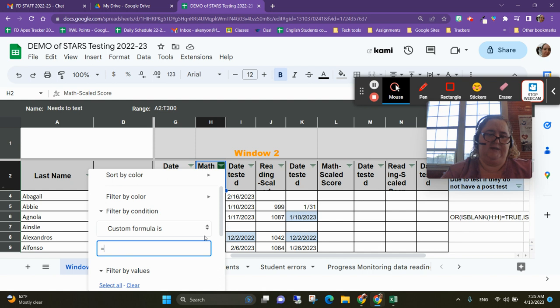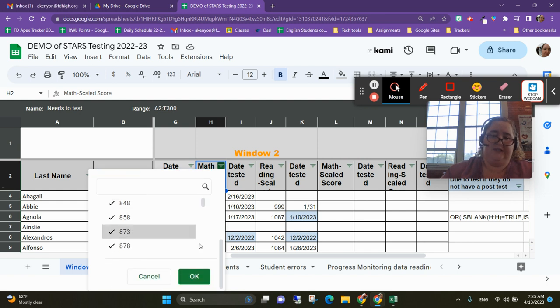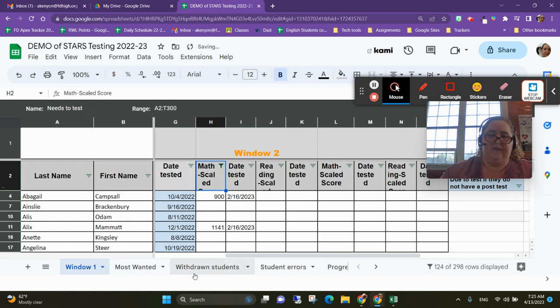And then I'm going to put the equal sign, and I'm going to put in this formula that I already figured out. I'm not going to make you watch me figure out the formula because it took me a while to get the syntax all right. So I will just give it to you. Once you figure it out, it's good. I'm going to click OK. And now I have everyone who is blank in both of those, and I have it saved as a filter